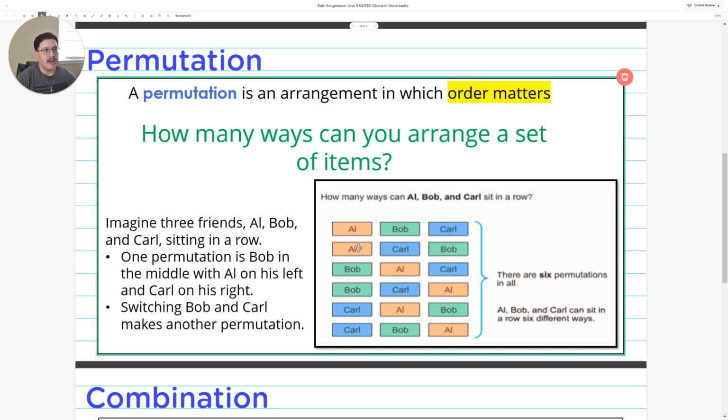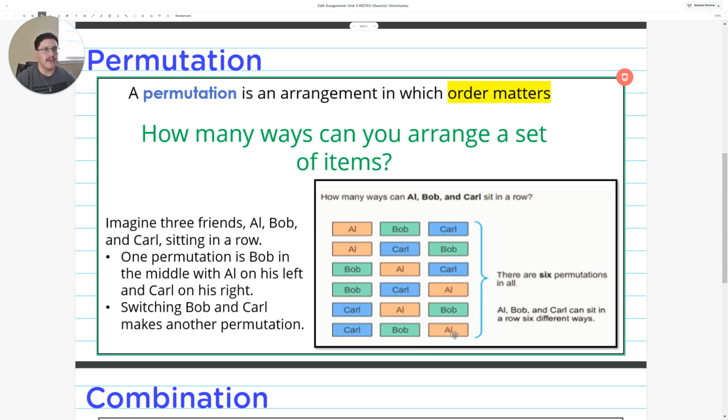Well, now let's say I want Bob in the first seat. Well, now I have Bob, Al, and Carl. That's a third permutation. Then I switch Carl and Al to make another permutation. That's 4. Bob, Carl, and Al. Well, now let's say I want Carl to be first and then choose the others in whatever order I want. So Carl, Al, and Bob is a 5th permutation,